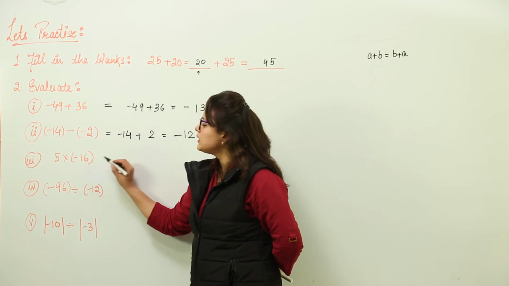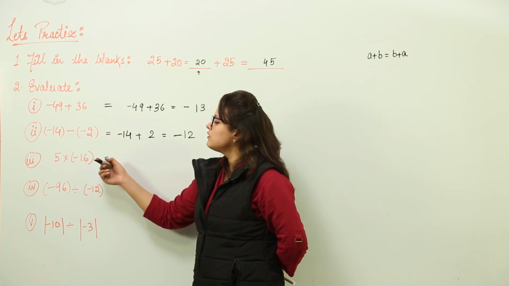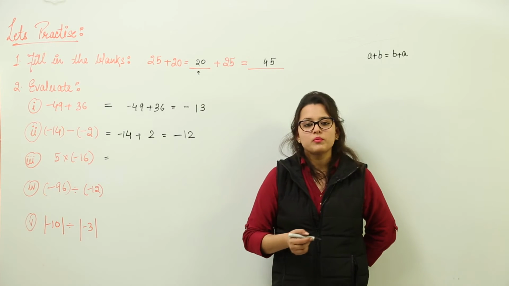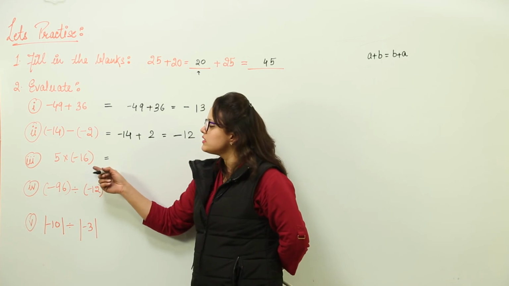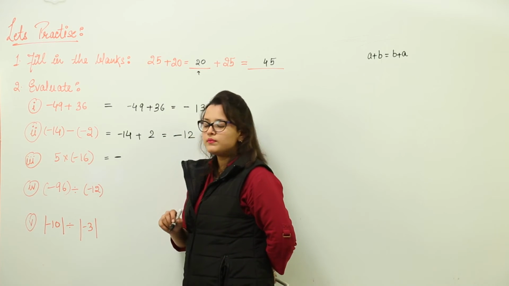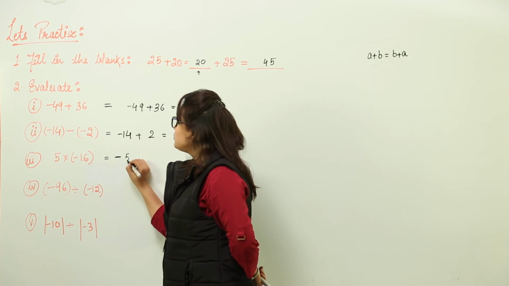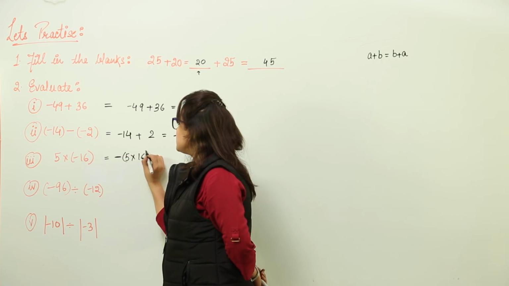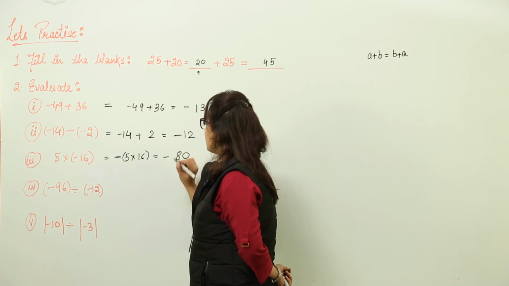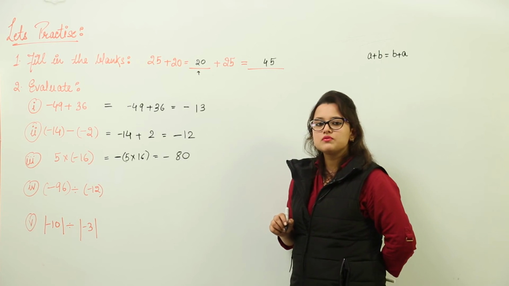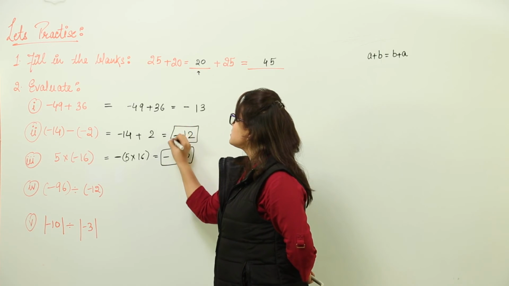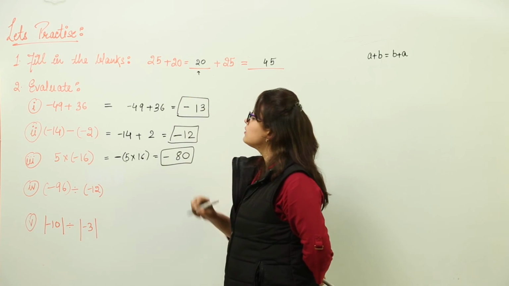The third is multiplying two integers. Here we have a negative integer multiplied with a positive integer. As we discussed in the properties, multiplication of a negative integer with a positive integer gives the product in negative. And what will be the product for this? It would be minus 5 into 16, that would be equal to minus 5 sixes are 30 and 3, 5 ones are 5 and plus 3, 8. So the answer for this would be minus 8. Please highlight your answers because that makes it easier for the checker to check, right?